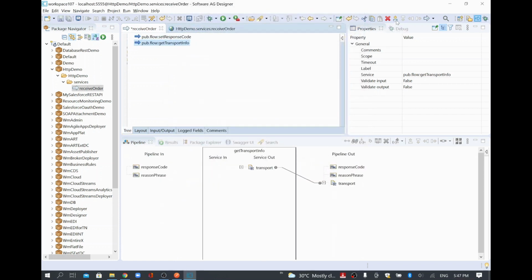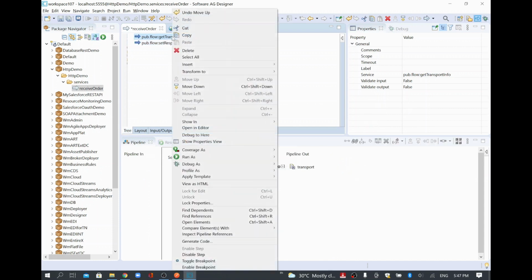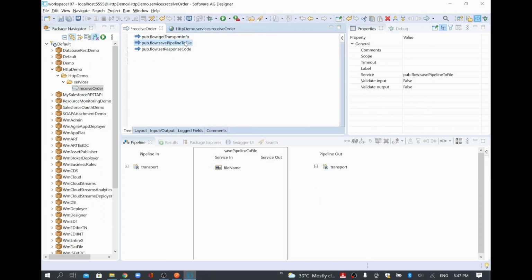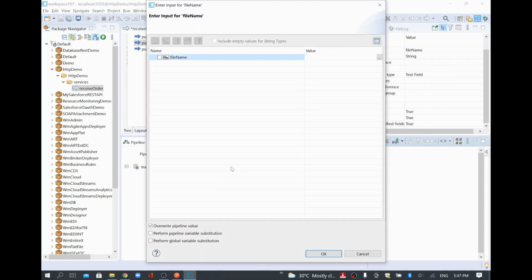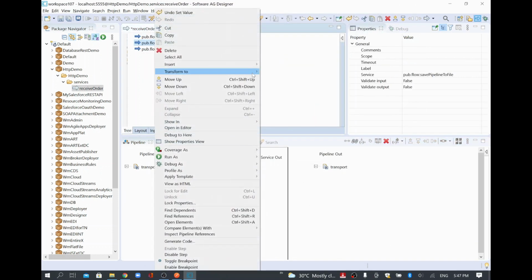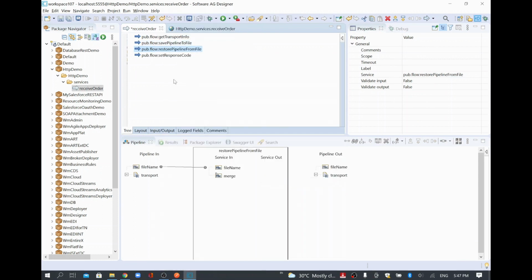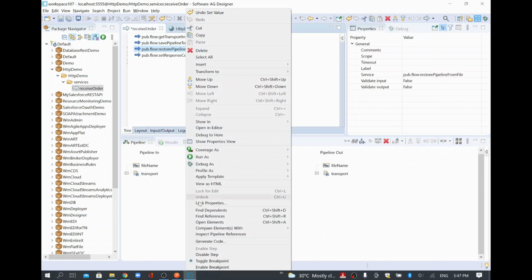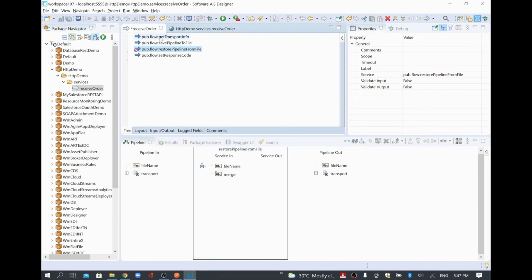I'll just move this up, and also in order to show that, I'll add a save pipeline as well, so that when I debug I can show the data we have captured. I'll save it as a save pipeline to file only. I'll say HTTP demo, I'll give OK, and then I'll use restore pipeline as well with the same name. I'll copy the same name and paste it here. I have done that.